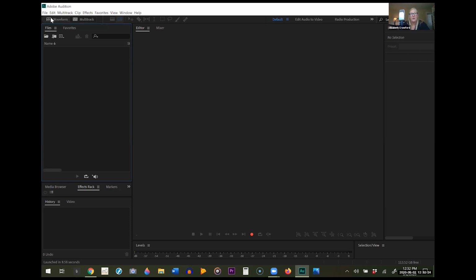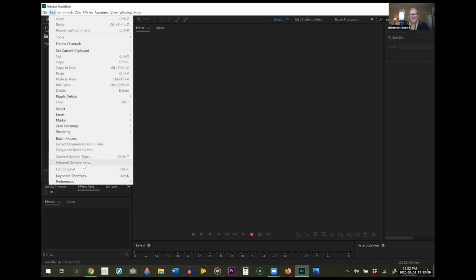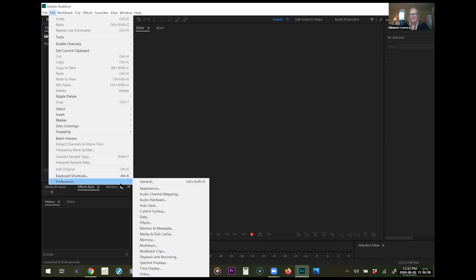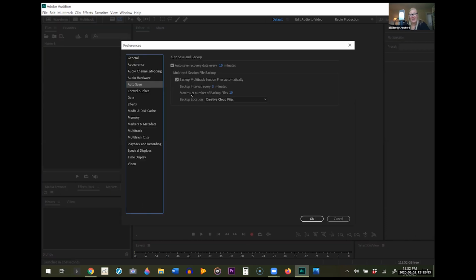Okay. Let's go into edit, come down to preferences, and here we do have an autosave. Make sure that is set up. I have mine set for every 10 minutes. You can do whatever you want. You can also determine how many backup files you want. So essentially, how many different versions of the project do you want it to save? Keep in mind that the more it saves, the more it's going to create files for you. Mine's set at 10. I'm actually going to change that because I definitely don't want 10 versions of the same project